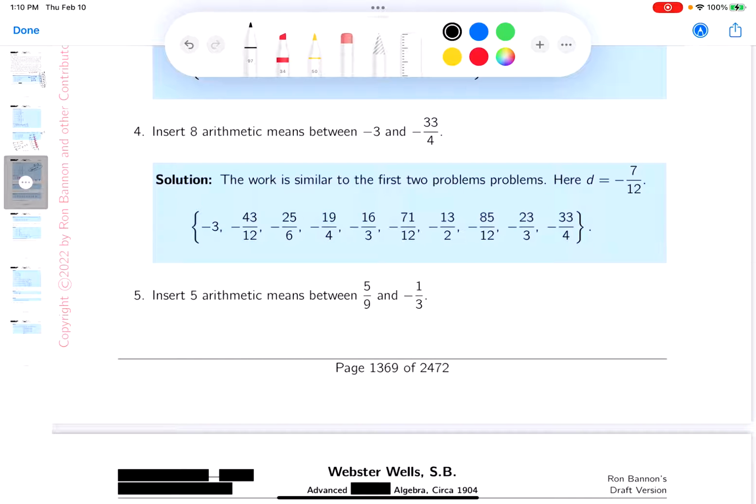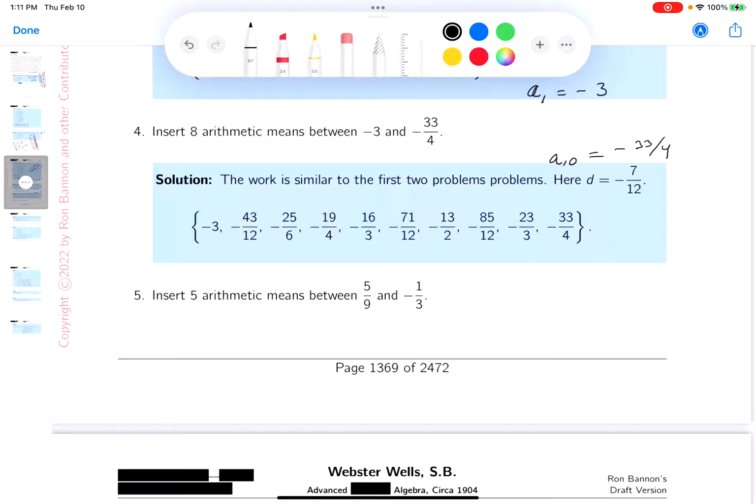Again, another example where there's not a lot of work written down. So what I'm going to claim over here is A1 is minus 3. And then we're going to be inserting 8 more terms between this and the last one. Well, that's going to bring me to A10 then. And A10 would be minus 33